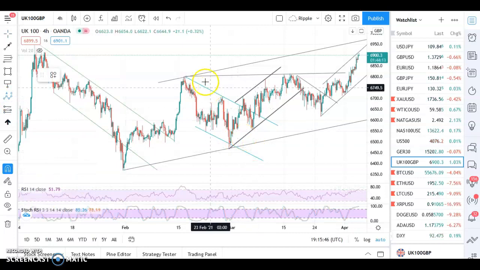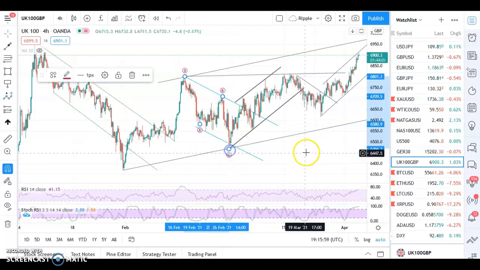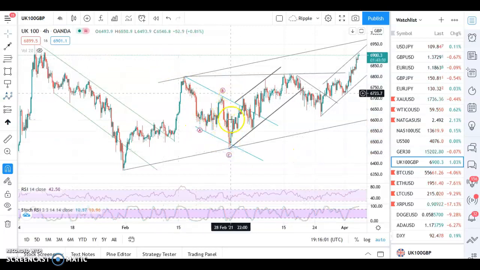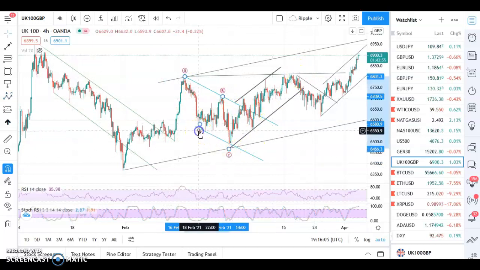ABC. So if I say this one started there, it retraced for my A, it then retraced for my B, and then made my final wave C. Oops, down there. C, A, B, C, and then you got your continuation. So if I double click on that